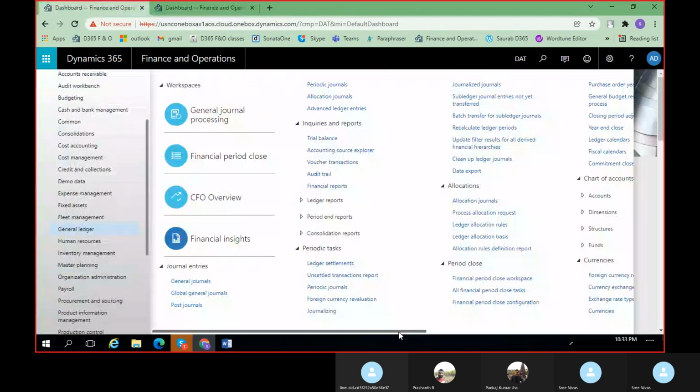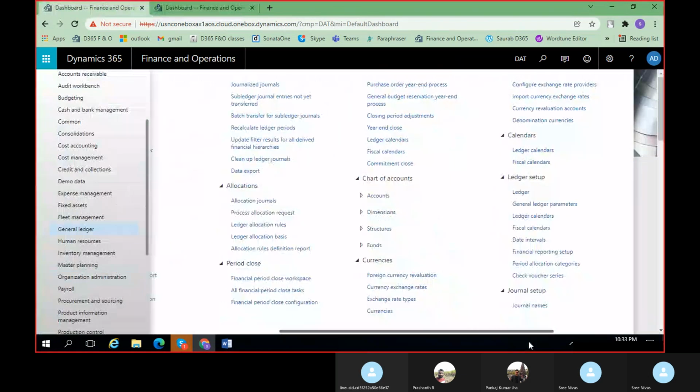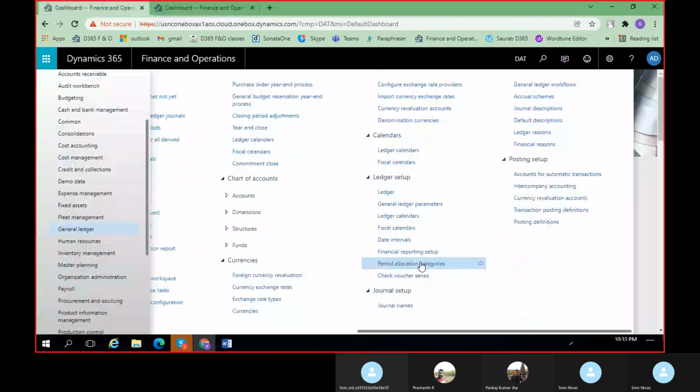Yeah, so after this general ledger parameters, you can see here general setup, like financial reporting setup. Anything related to reporting, that configuration can be done here. And the date intervals is like if you want to configure any specific dates, like for a week, if you want to pull a report on a weekly basis, you can just configure that under the date intervals. And the general setup. I was explaining, in order to perform any transaction, you will have to give the names related to commonly used journal entry names and all. Those you can give here.